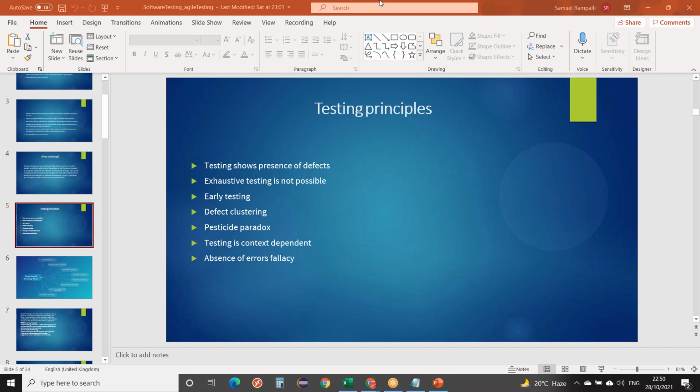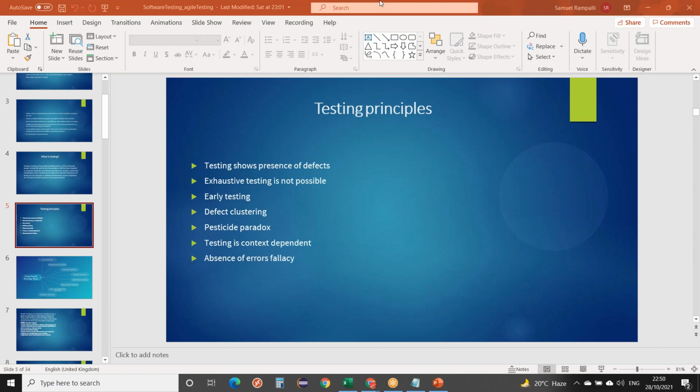Early testing: the principle says to start testing early, meaning whenever development starts, from that point you start. Defect clustering means defects will not be even. It is not that one module has 5 defects, the second 5, the third 5.